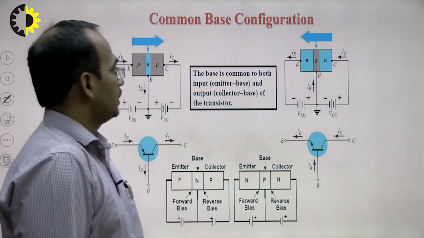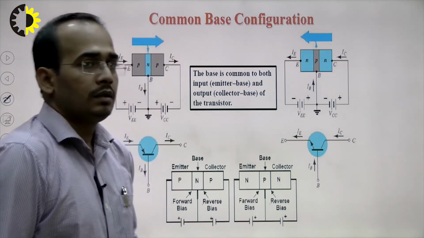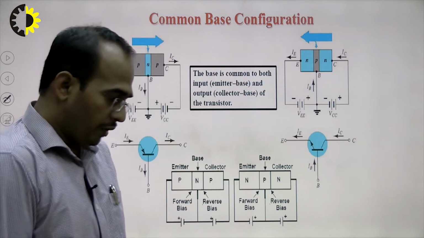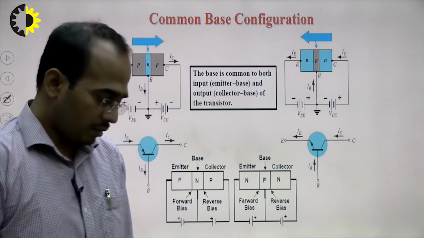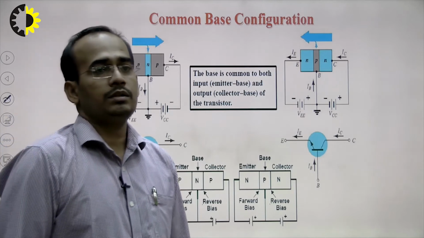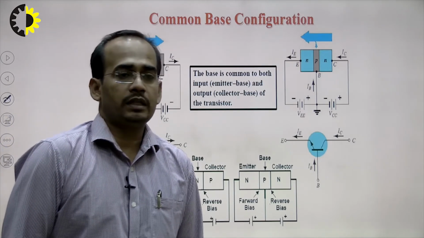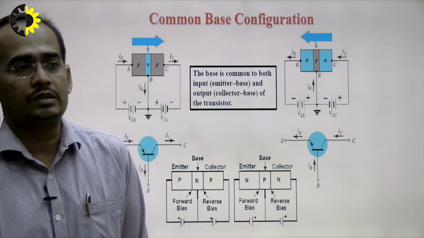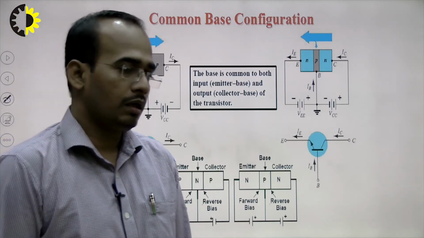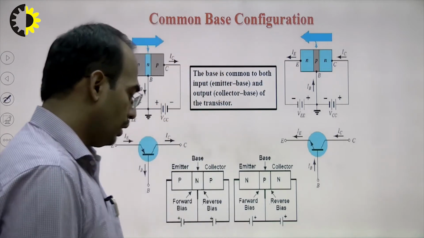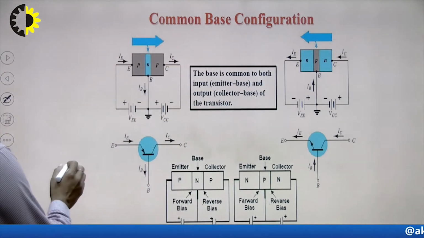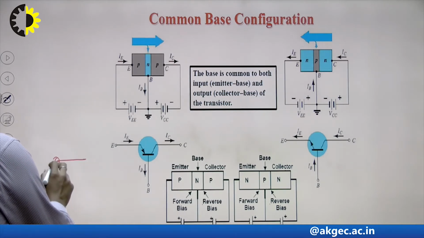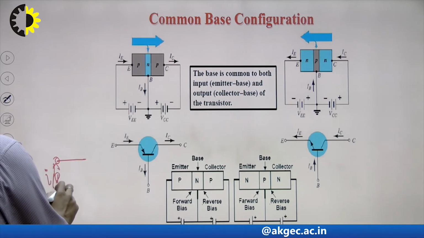So, this is the configuration of the bipolar junction transistor. So, why are we using this configuration of the bipolar junction transistor? What is the need of this configuration? Suppose I want to use this bipolar junction transistor in any electronic circuit or for any application. If I want to implement any application, then we require two terminals for input and two terminals for output.